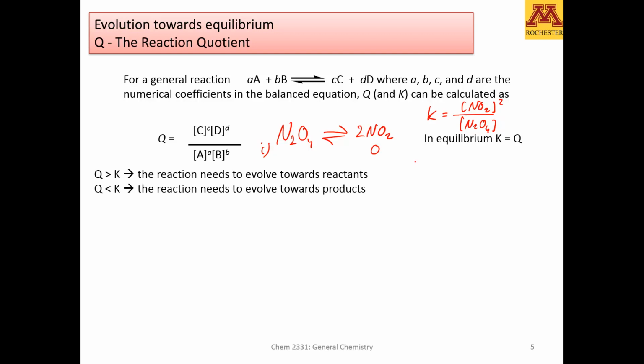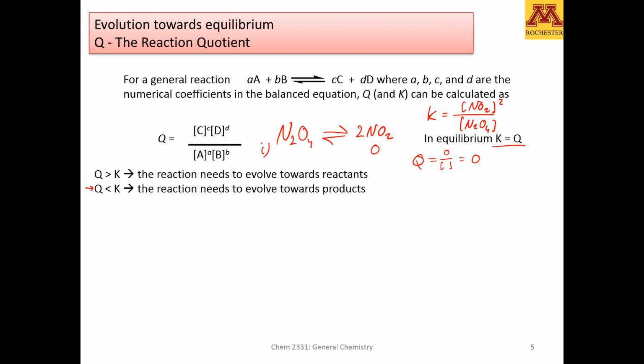That means that Q at the beginning, being products over reactants, is 0 over whatever concentration of reactants you have. Q is 0. Q will change, the ratio of concentrations will change until it stops and Q is equal to K. So this is why we say that when Q is lower than K, the reaction needs to evolve